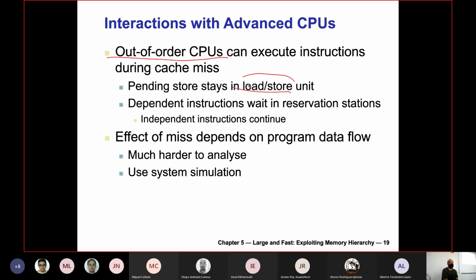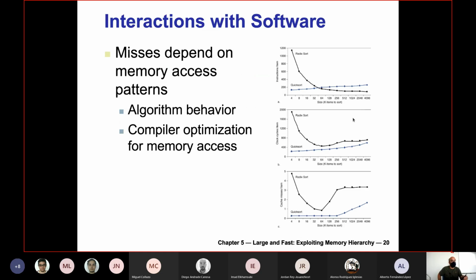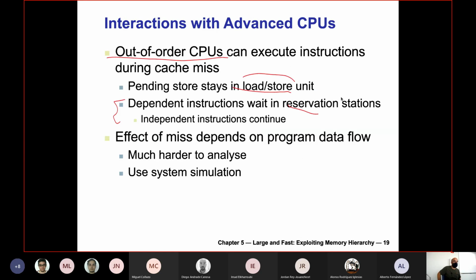And there are very advanced mechanisms called reservation stations that keep track of the pending instructions that are going to load information that is going to be relevant for future instructions. Okay? So this is quite complicated, and we are going to talk about this in more detail in the next chapter, but have in mind that one way the processor has to attenuate the gap between the processor and the memory is to not stall the processor while a load or a store operation is being performed. Okay, so